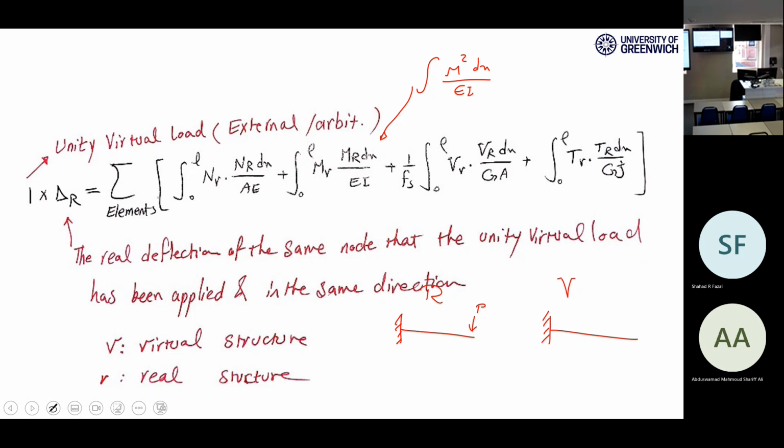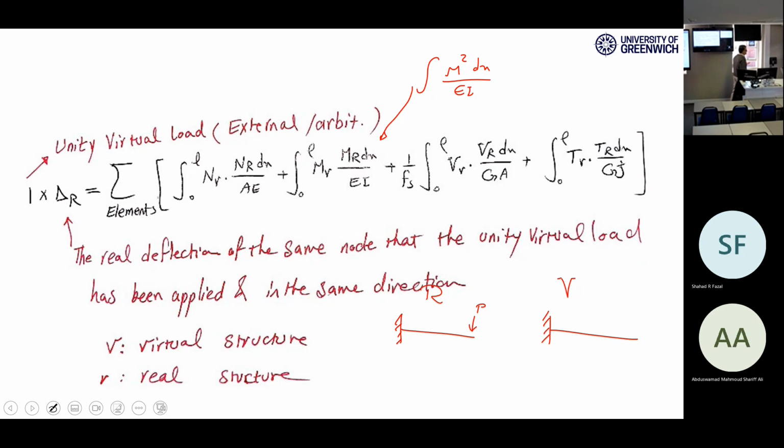In virtual work, the M squared is like MV times MR. MV means M in the virtual structure, MR means M in the real structure. Right? It's easy to memorize if you have memorized